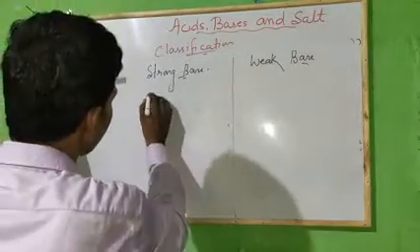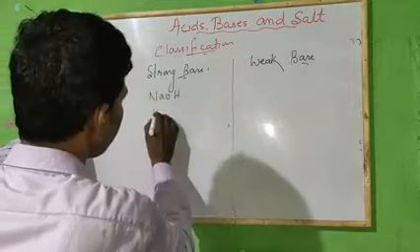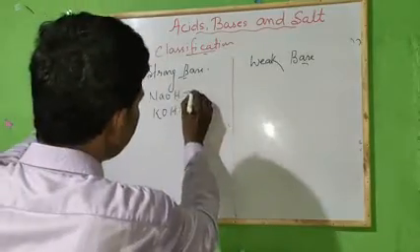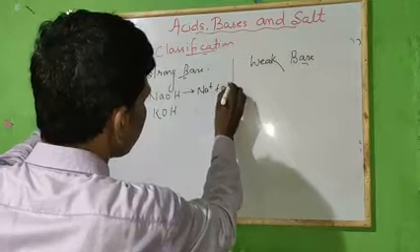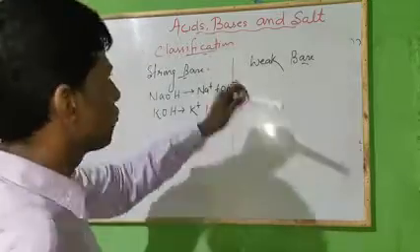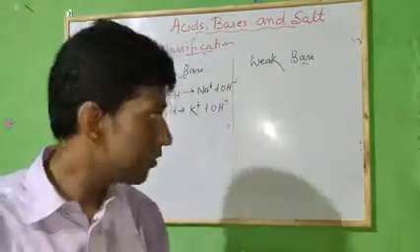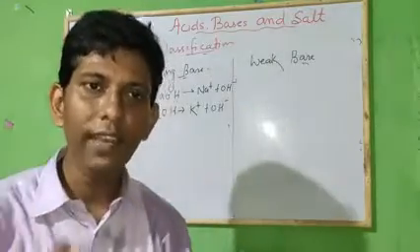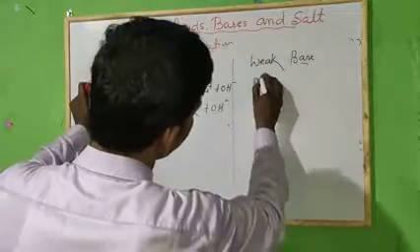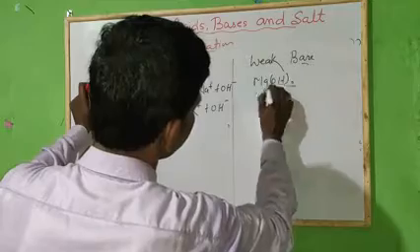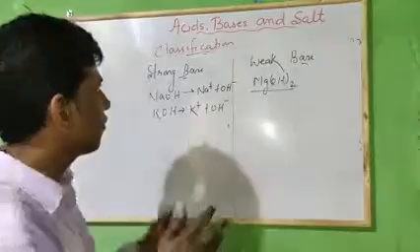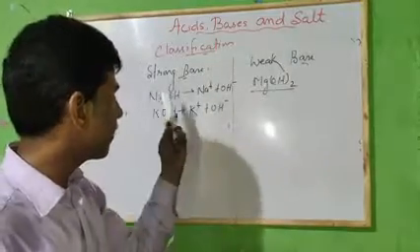For example, sodium hydroxide is a strong base. Potassium hydroxide is a strong base. When it comes in contact with water, it will immediately form Na plus and OH minus, complete dissociation, and likewise K plus and OH minus. Clear? But weak bases are those bases that release OH minus ion, but the extent of release is very less. If you want, you can take magnesium hydroxide as a weak base. This is the basic classification based on furnishing of OH minus, as strong base and weak base.